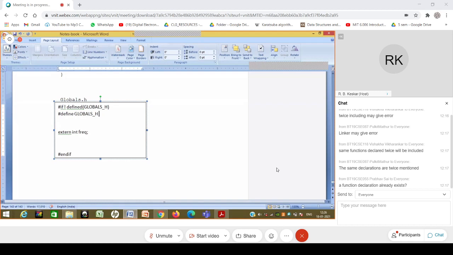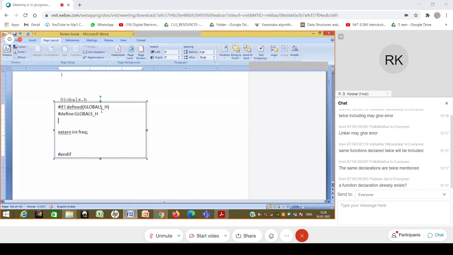So what the preprocessor does is it just keeps track of the names of the macros which come under hash define. Whatever is on the right side is not being replaced by anything. We don't want to use GLOBALS_H for replacement. It is more just for definition. So even if you write 10 over here or don't write anything, it's perfectly okay. So typically you will find something like this, and then you will find hash endif in the end.